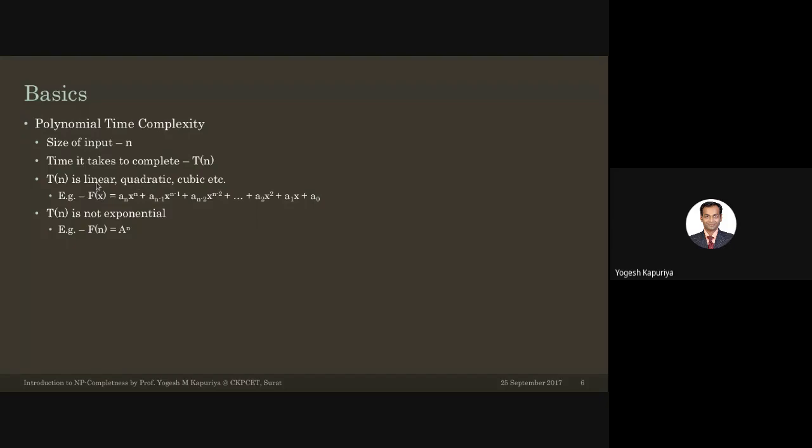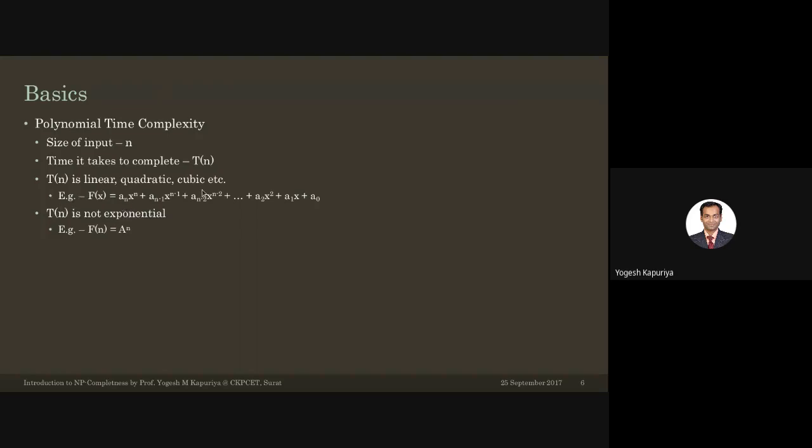So you have a linear equation, that means T(x) is equal to ax plus b. You can have a quadratic equation, or x raised to 3, x squared, right? But you don't have a time complexity of the order of exponential. Any time complexity which is below exponential is a polynomial time complexity. That's why the recursive algorithms which we have discussed, the exponential ones, are not polynomial algorithms. They do not fall under this category.